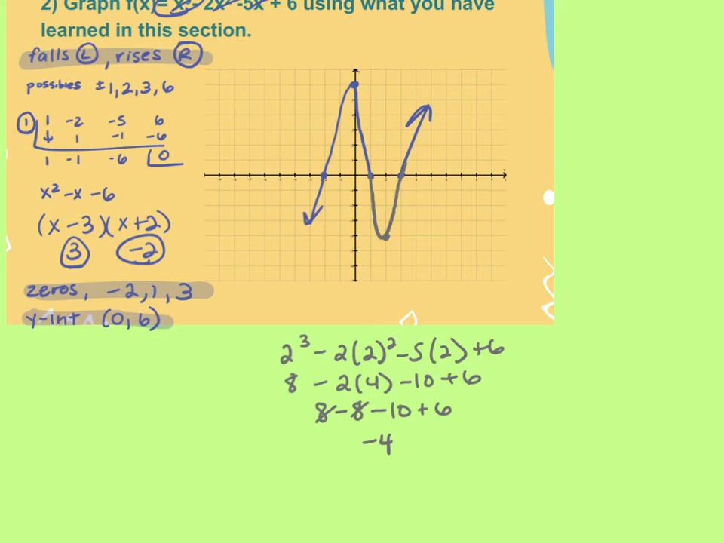Wait, why'd you plug in 2? Because that's the space where I knew it had to come down through here, and I knew it had to come back up through there. So I had to figure out how low it goes in between those two spaces. So I would say,